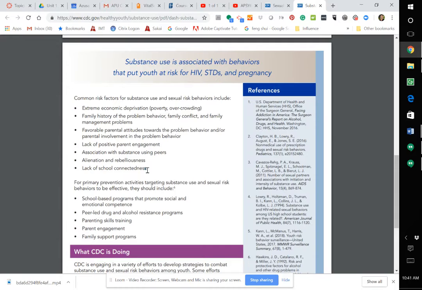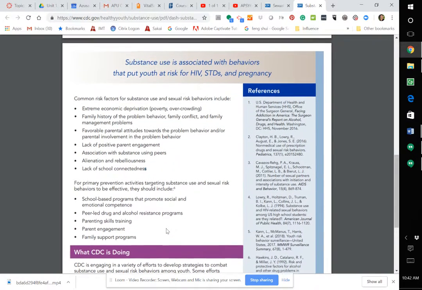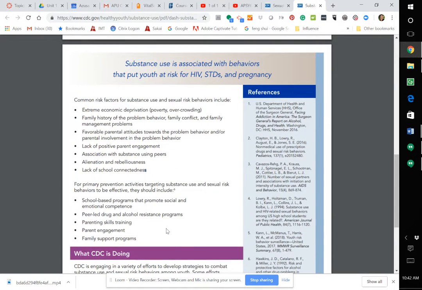And the way the CDC looks at it is they're looking at school-based programs that promote social and emotional competence, peer-led drug and alcohol resistance programs, parenting skills, parent engagement, and family support programs. Those are all a big deal